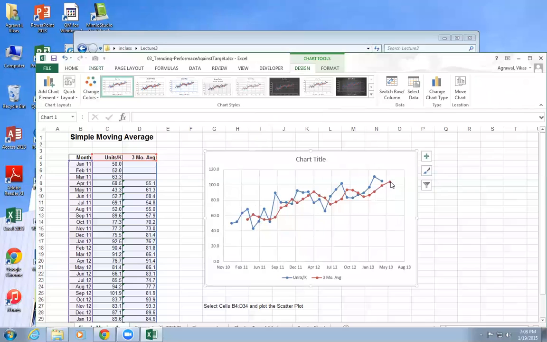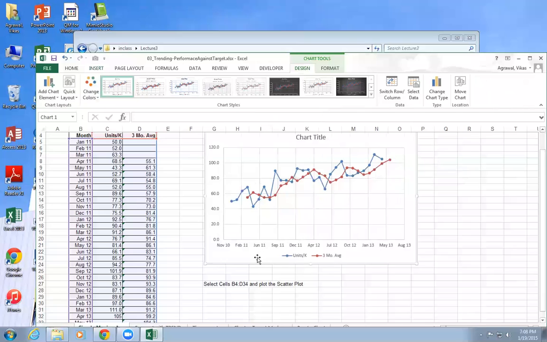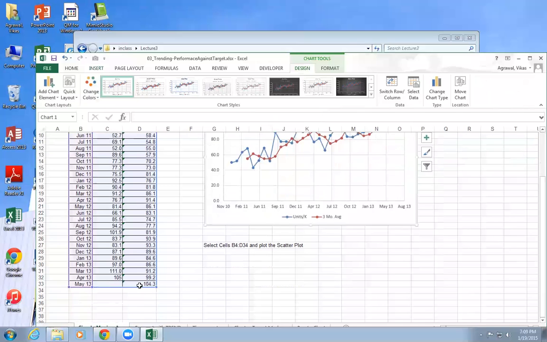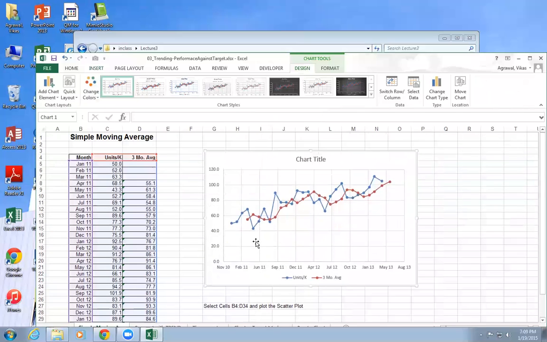and then you can see the fourth point here. The May 13th value is going to be somewhere around 104. That's a prediction. Why are we using a 3 months moving average? Because it smooths out the variations in the data, and it's going to give us a good prediction. It may not be accurate, but it's going to be close.